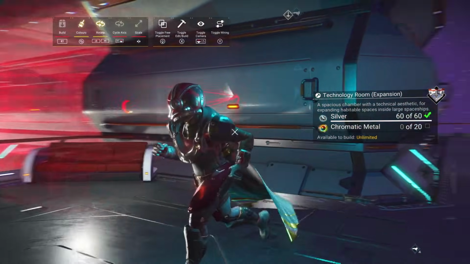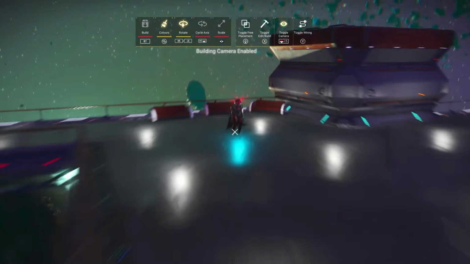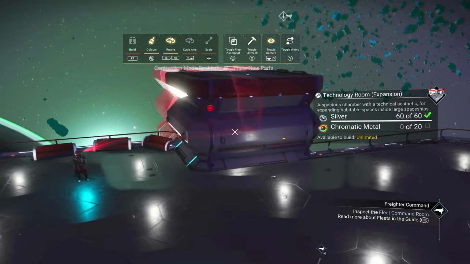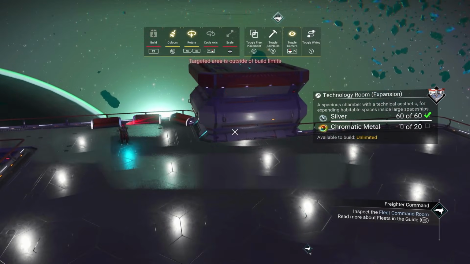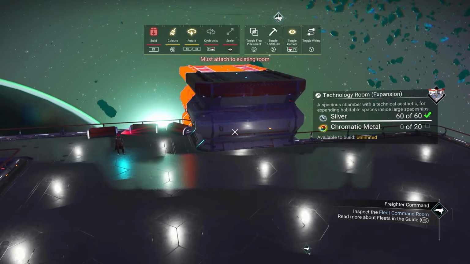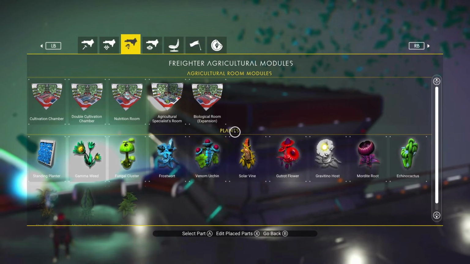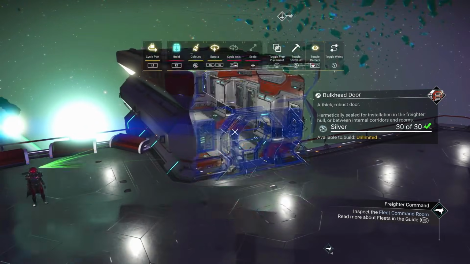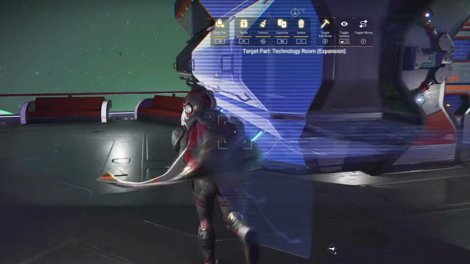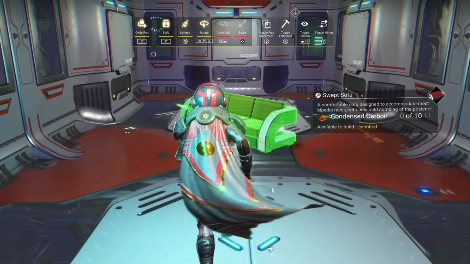But if I make this a room and actually try to build a second one outside of it, which you can do with pretty much any of these pieces that'll connect, because you're kind of tricking the game into thinking that it has a room to connect to, whatever, you know. So now if I copy this sofa and I come in here, I'm going to eventually reach